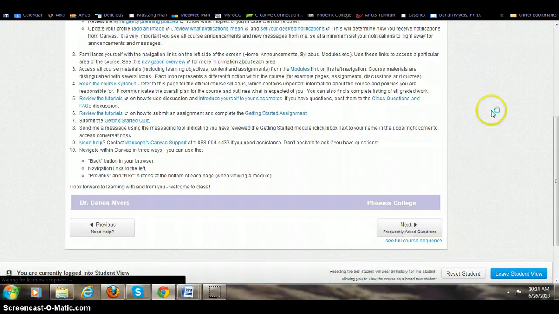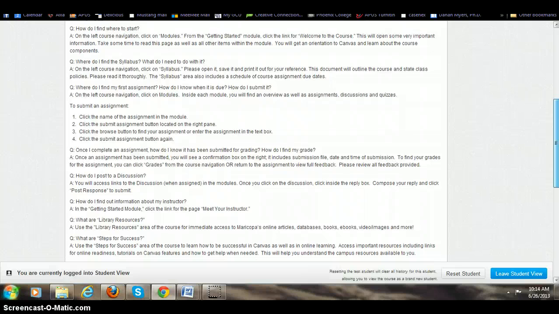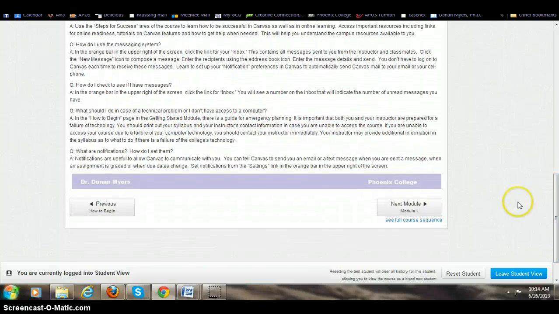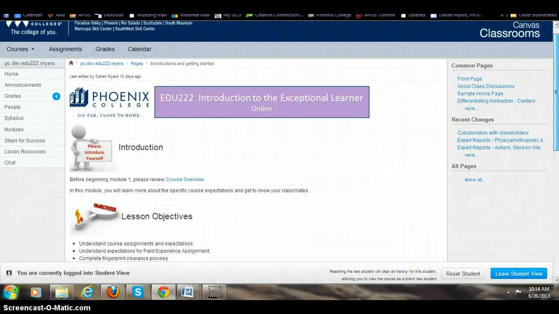The final part of the Getting Started module is your frequently asked questions. Then you'll notice that it'll go immediately into Module 1. Each module is set up exactly the same. There is an overview page